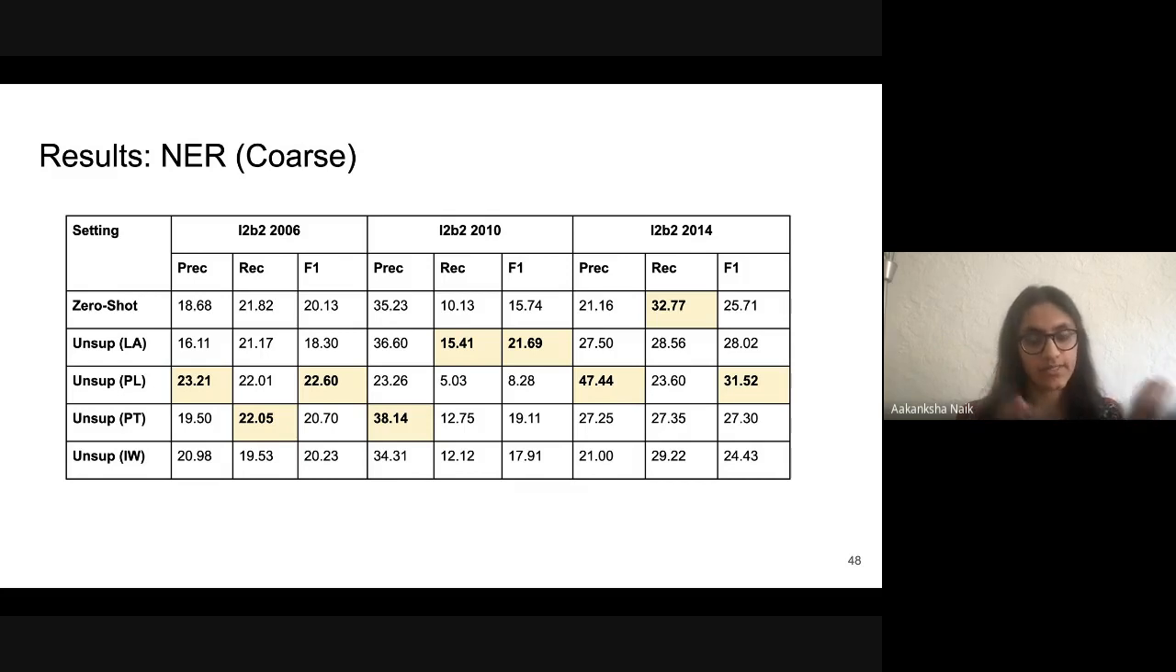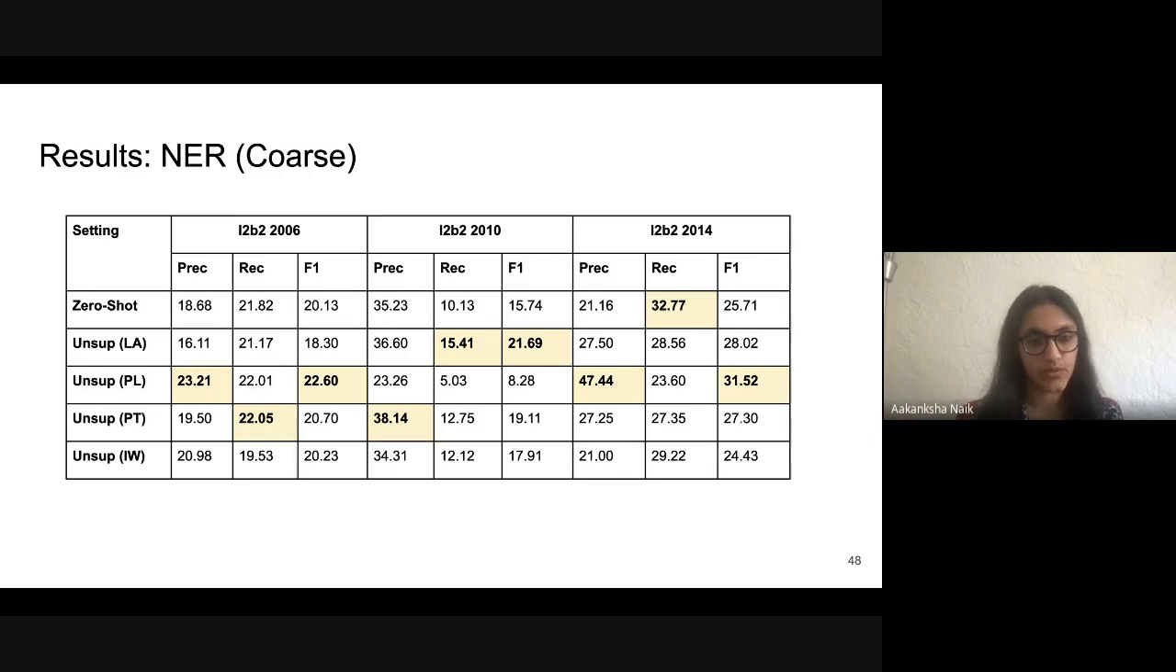On the NER datasets in the coarse setting. Zero shot is basically indicating what the zero shot performance was if we did not use any adaptation on top of the baseline there. So here we can see that pseudo-labeling does best on both 2006 and 2014 in terms of F1 scores. On 2010, it does really badly, and loss augmentation, which is the adversarial domain adaptation method, does best